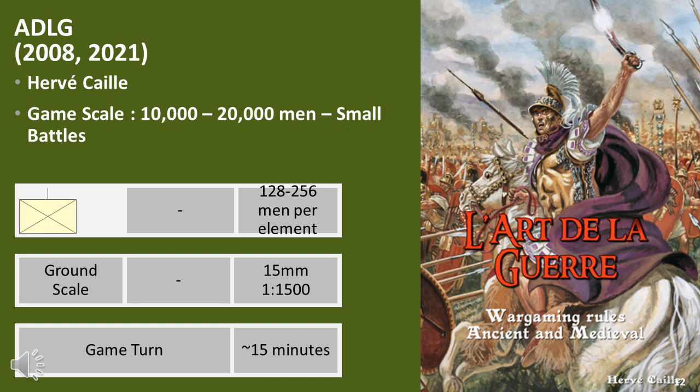The high rolling element is deemed to be the victor, and the lower rolling element is deemed to be the loser. These rules are simpler than DBM or DBMM, easier to learn, and games are quicker to play, so these rules are ideal for competition games, which could be why they're so popular with competition players in the UK and even in Europe today. These are the rules I would consider purchasing if I was a new player, but